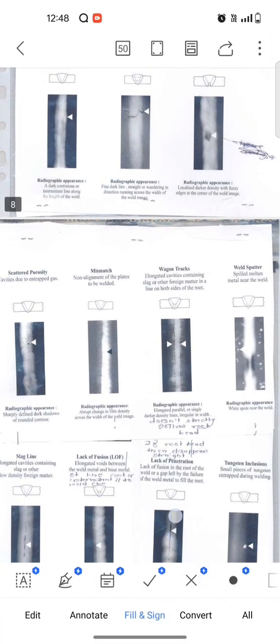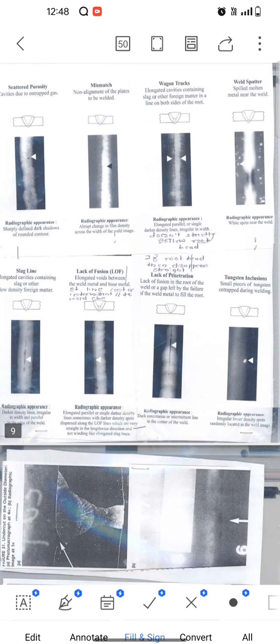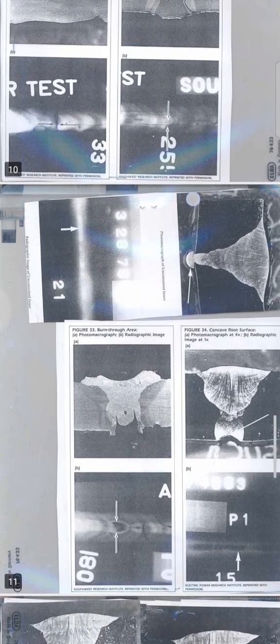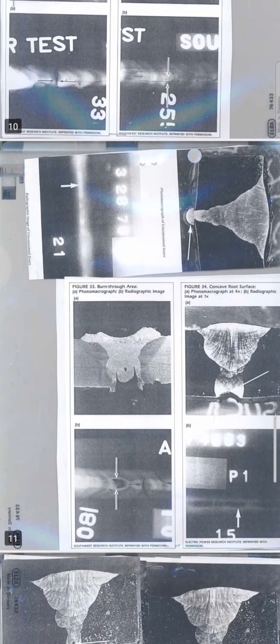It is very easy to determine by radiograph if the weld has inadequate reinforcement, because the image density in the area of suspected inadequacy will be higher, darker, than the image density of the surrounding base material. Tungsten inclusions. Tungsten is a brittle and inherently dense material used in the electrode. In tungsten inert gas welding, if improper welding procedures are used, tungsten may be entrapped in the weld. Radiographically, tungsten is more dense than aluminum or steel, therefore it shows up as a lighter area with a distinct